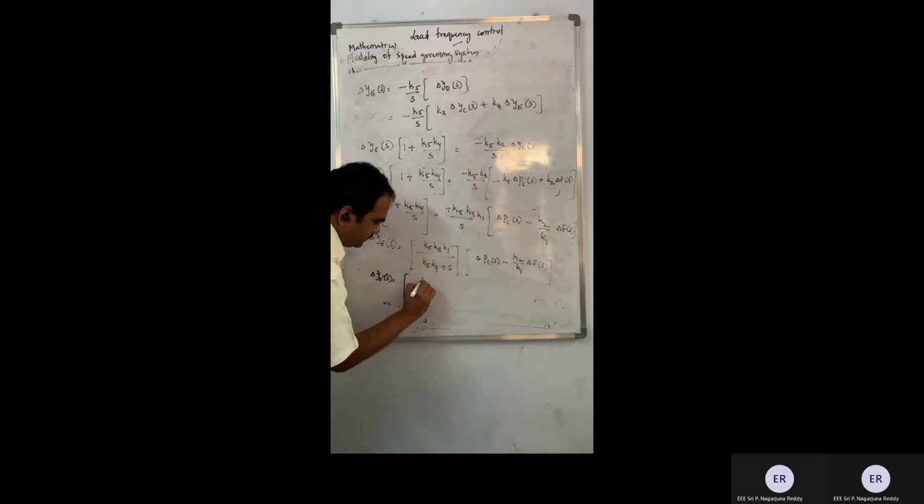This is the expression which I have obtained. Isn't it? Now, I am going to simplify it a little bit in order to get a one value here. So, in order to get one here, what I am doing, here I will be getting